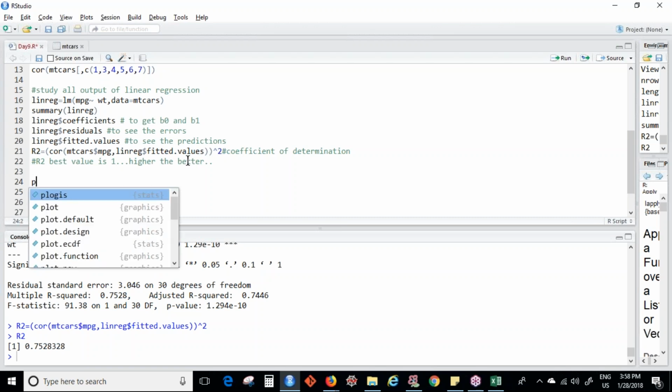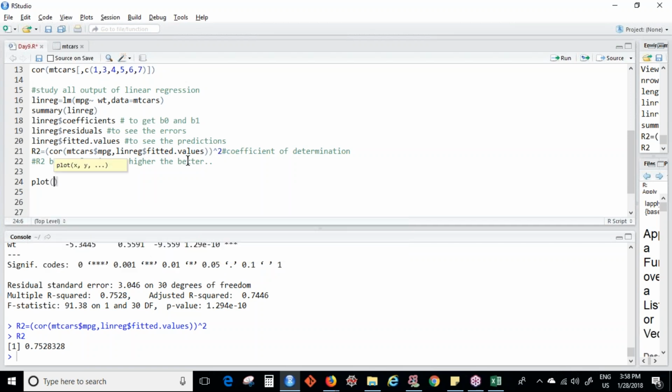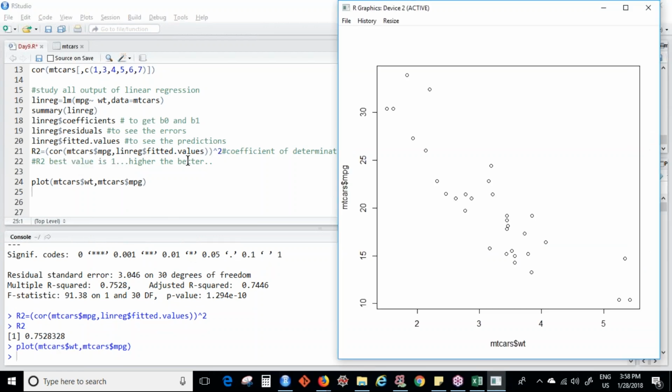You can use the plot function and draw the weight. So your x variable is your weight, your y variable. Okay, you can run this and then you can write,